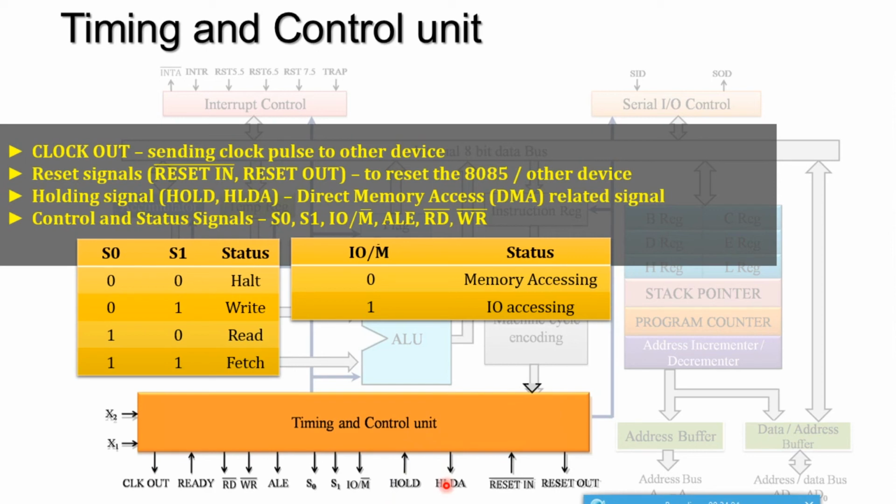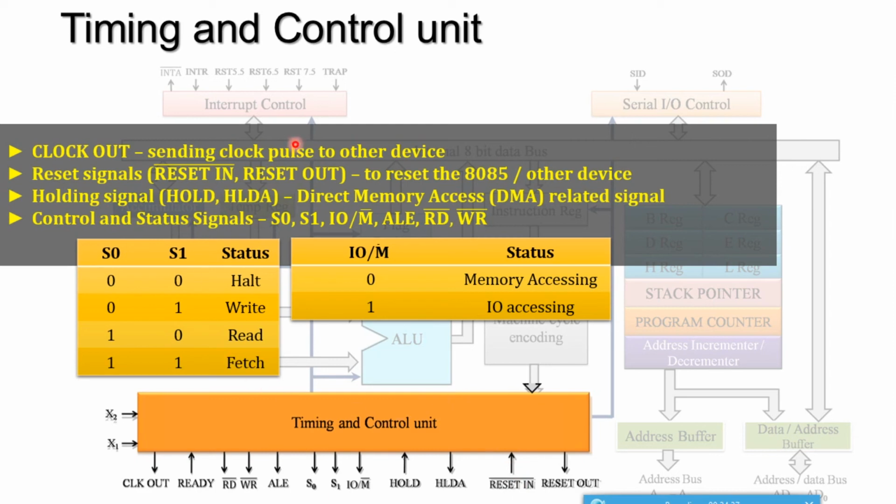If you want to reset the microprocessor, you can do a factory reset, like on your mobile phone or laptop, which resets everything. Whatever data is available in your system will be deleted. That is what we call a factory reset. Through the reset pin, by giving an active low signal, you can erase whatever content is in the microprocessor, and you can send the reset signal from the microprocessor itself.